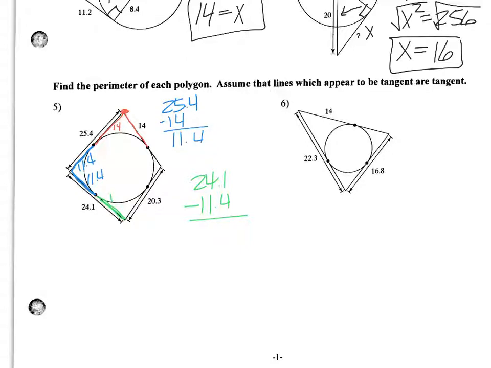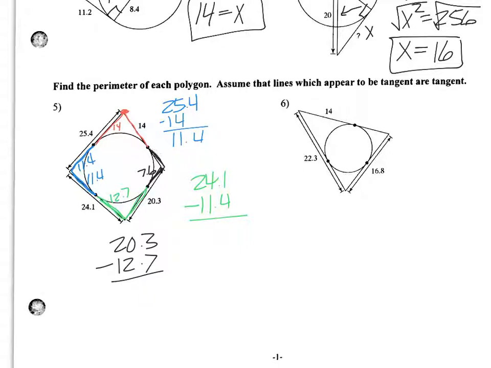So this is 12.7, which means that is 12.7. Okay. Now, why is that important? Because now I'm going to use that to find this segment. So now I'm going to do 20.3 minus 12.7, and I get 7.6. So this is 7.6,